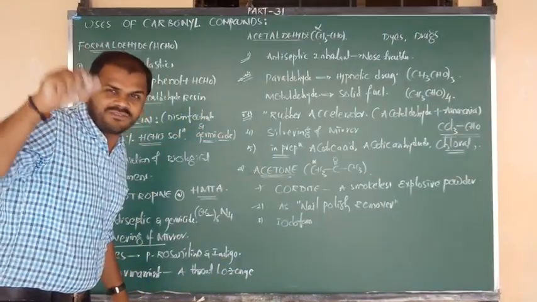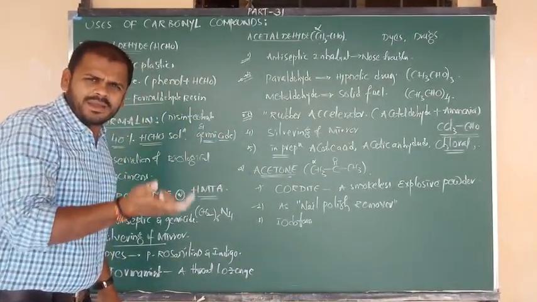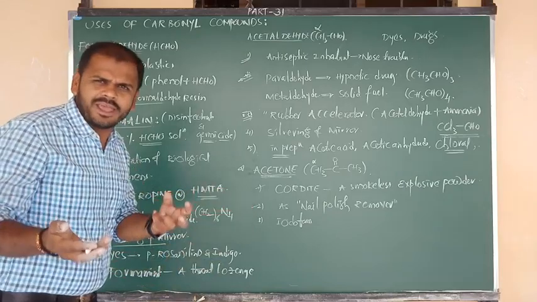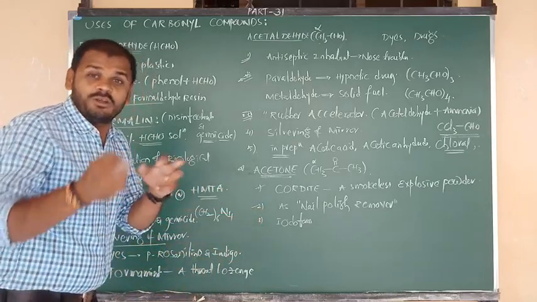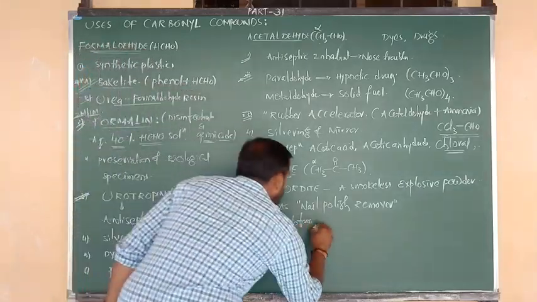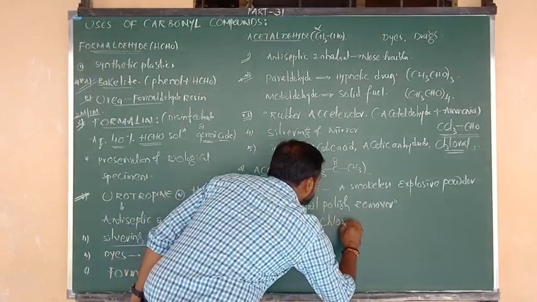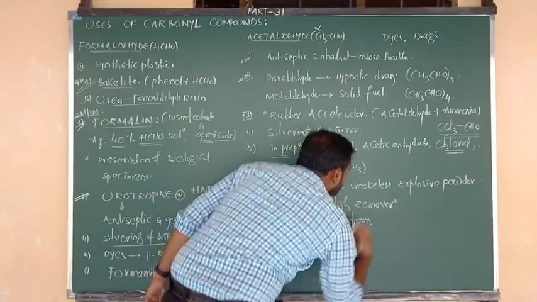Upon the iodoform test, we have utilized this compound. With I2 and NaOH, you will get iodoform; with Cl2 and NaOH, you will get chloroform. So it can be used in the manufacturing of chloroform,